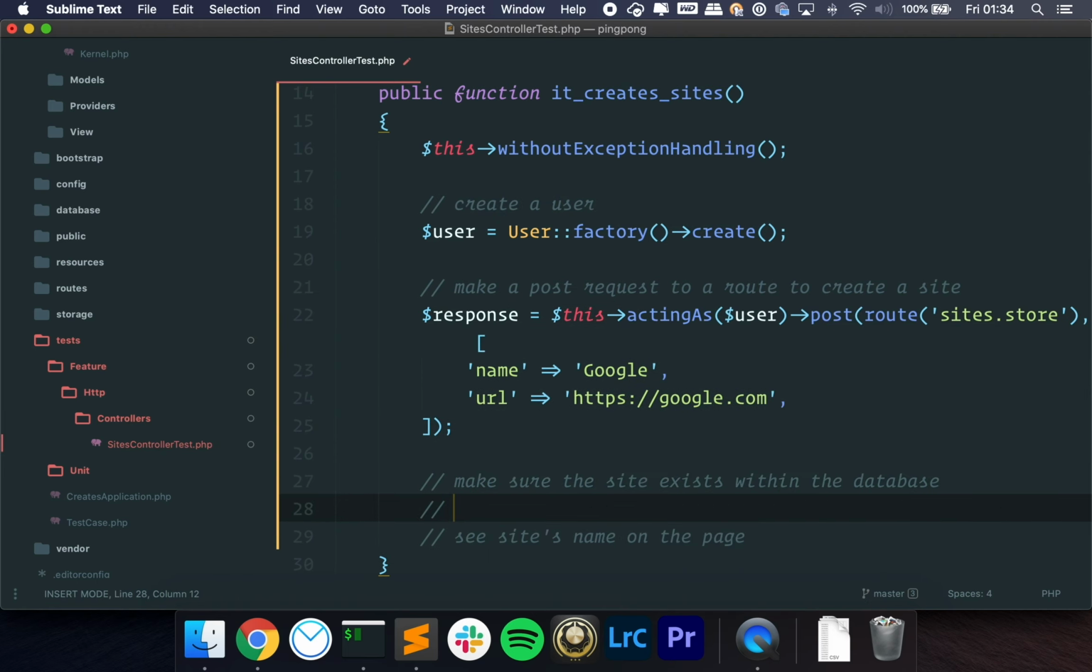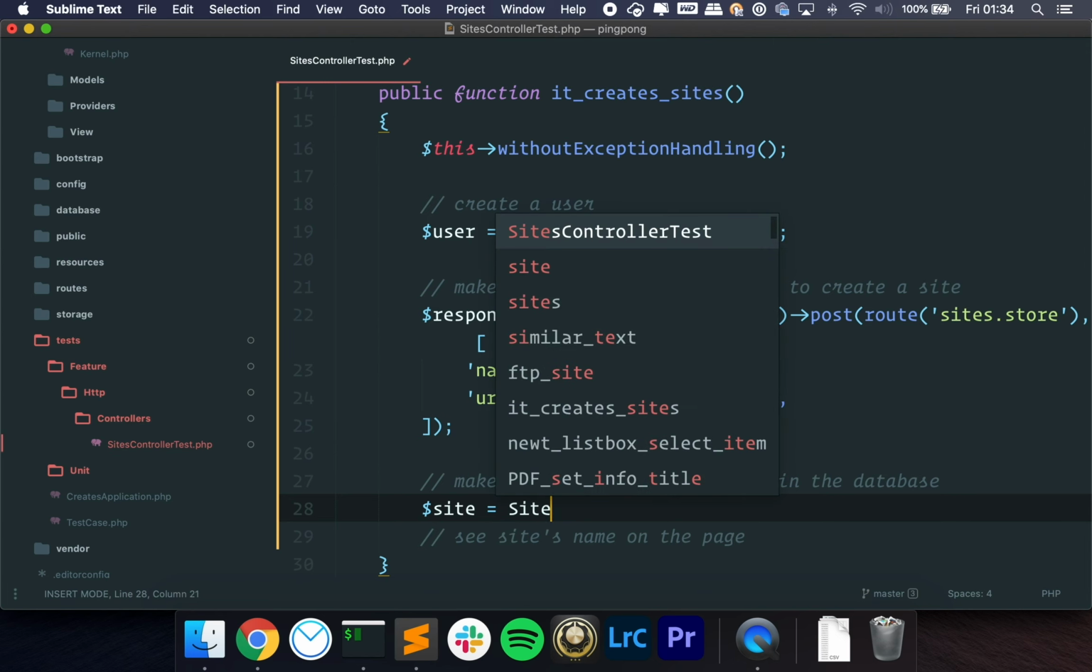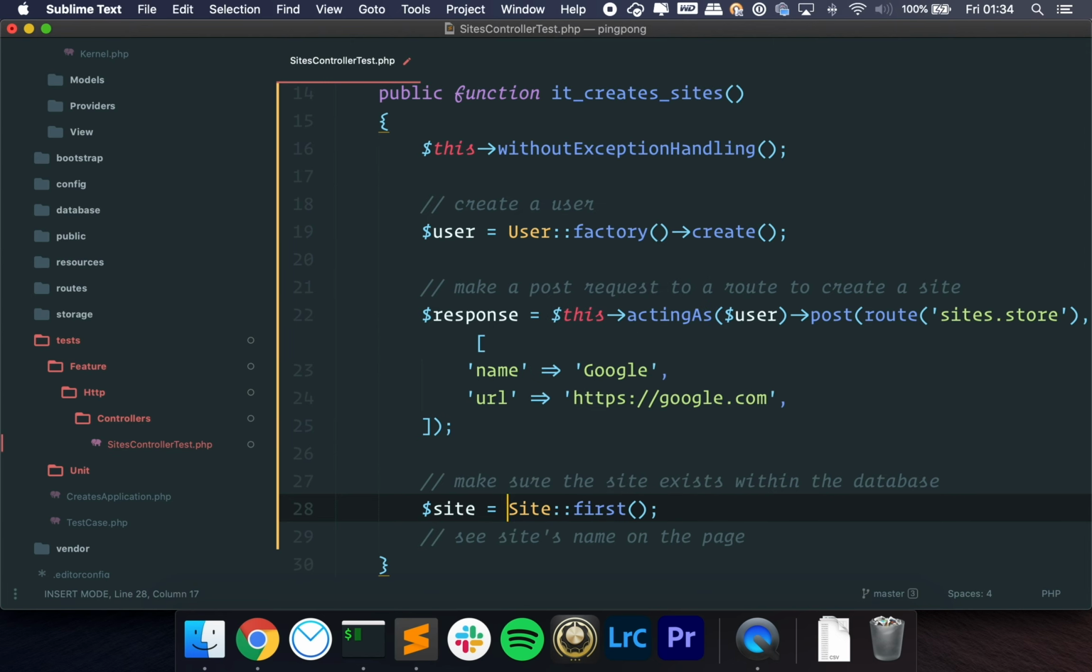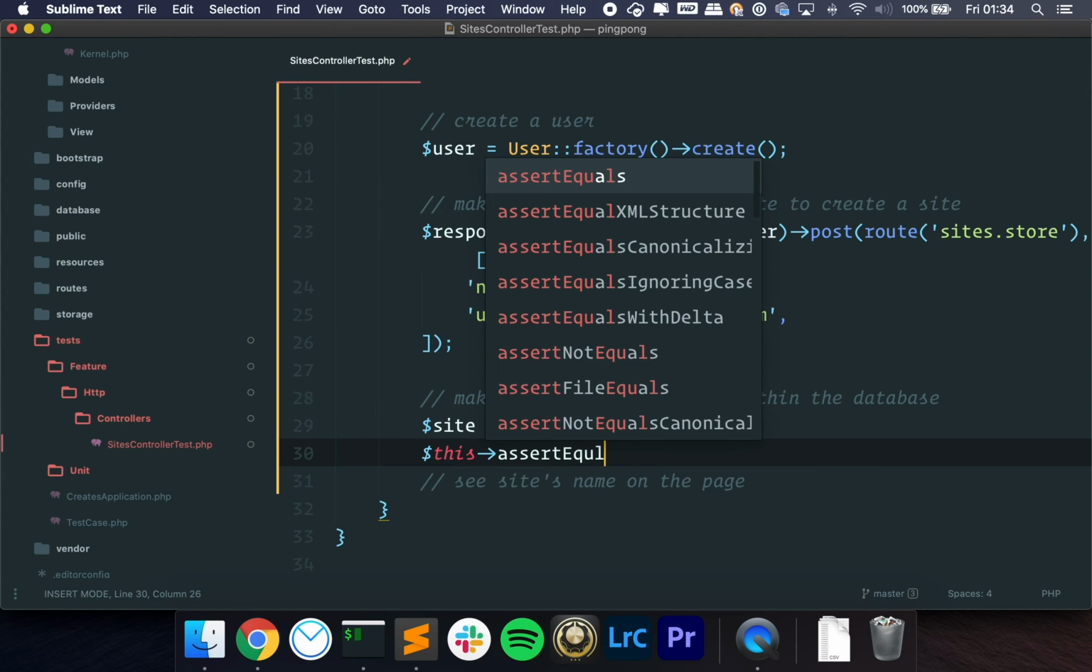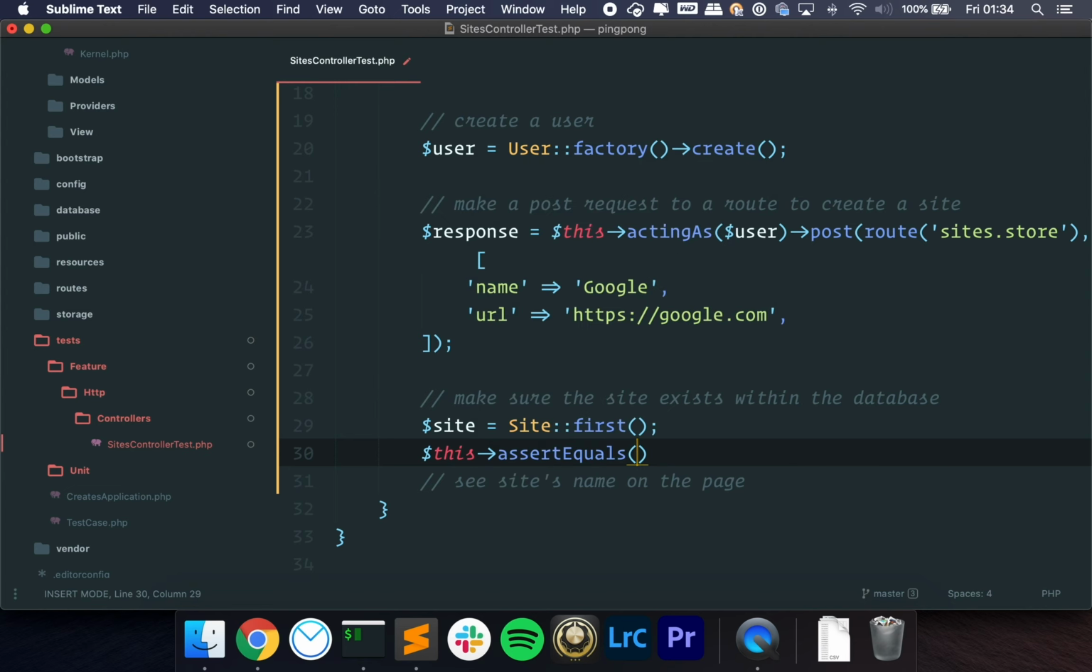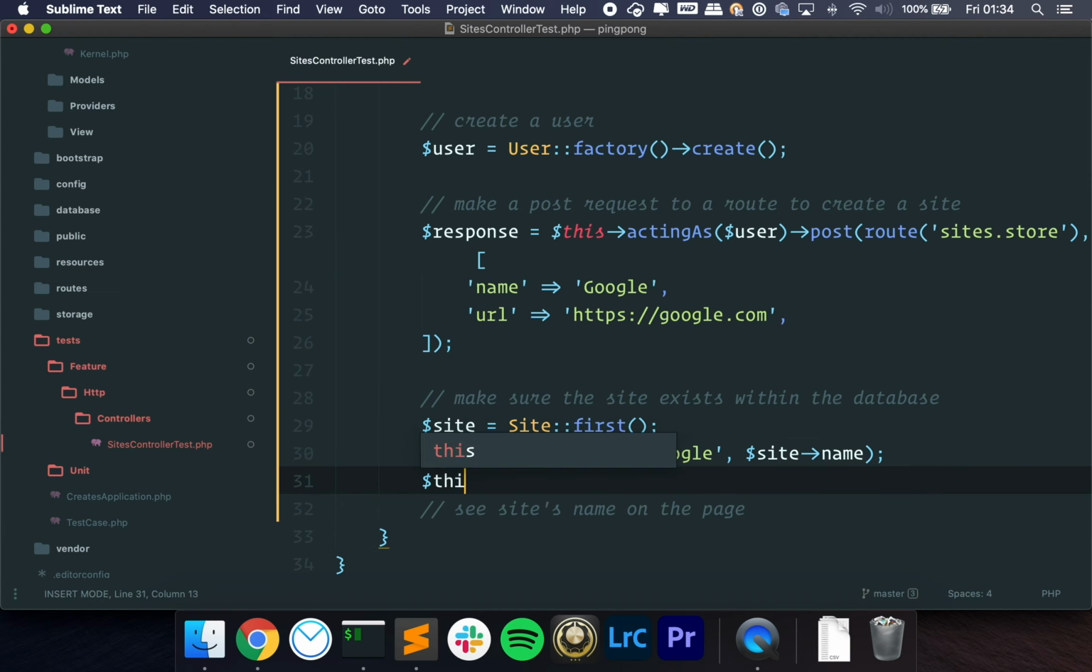To make sure the site exists in the database, it's actually pretty simple. We just need to pick up the latest site, which is actually the first in this case. Let's import this class, and then we need to make some assertions. This is going to be the method that we are going to use the most in tests, assert equals. So we want to assert that something equals something else. So we are going to say Google, and then we're going to pass the name. Then we are going to say,